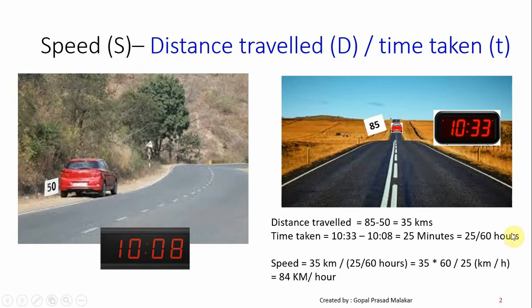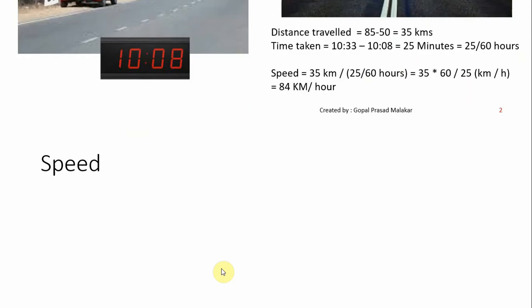Common sense check. In 25 minutes it has traveled 35, so obviously in 30 minutes it will go a little more than that, probably more than 40, and then in 1 hour obviously more than that, and that's what is coming out, so you feel it's okay. Now let's understand some more about speed. Speed is actually a scalar. It doesn't have any direction, and this will become very clear when I talk about speed versus velocity and give you some more examples.